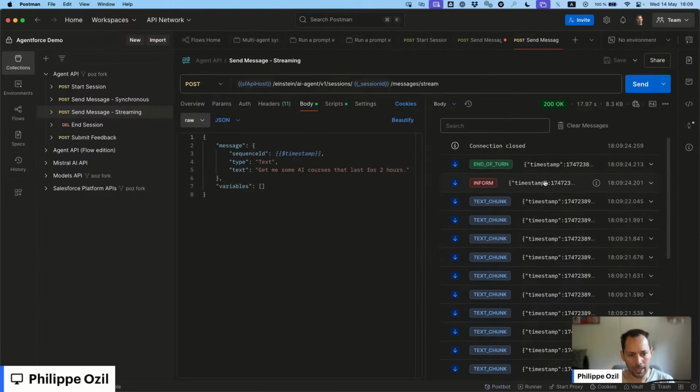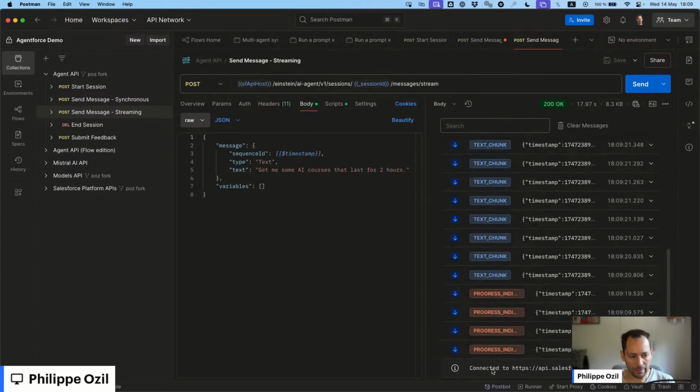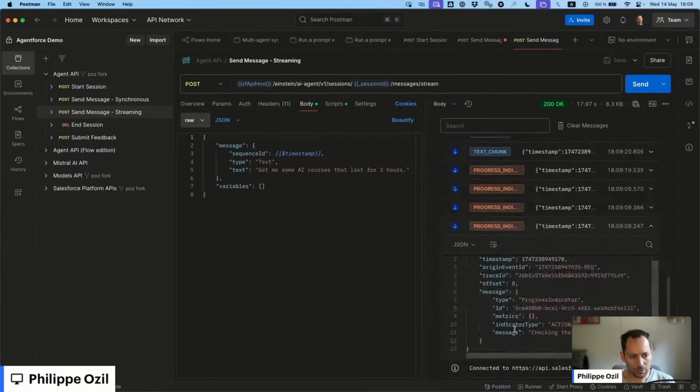Now let's take a look at how the response is being assembled. The first thing I did was to send the prompt, and that's where we got the first connected event. Then we got some progress indicator events. These correspond to the custom loading messages that we have set up on our agent actions. This prompt that I ask here, get me some AI courses that last for 2 hours, will hit an org in which I've prepared a fictitious online learning